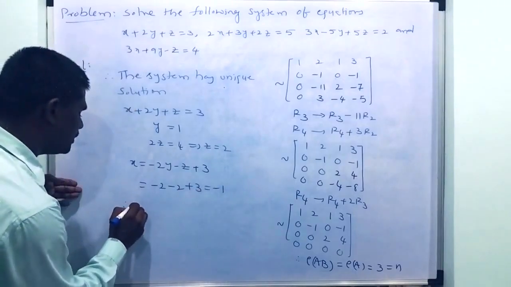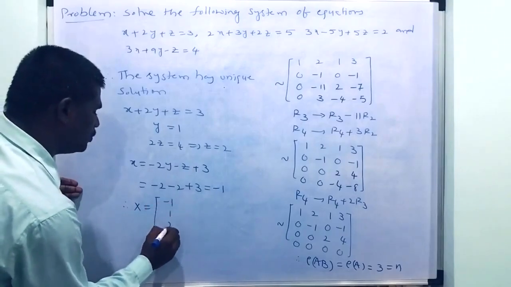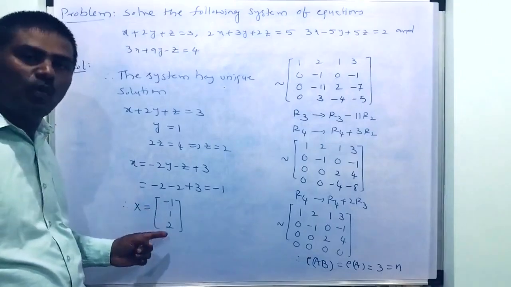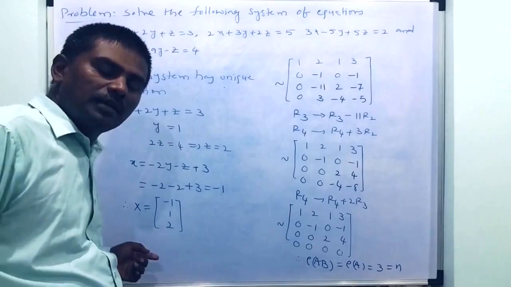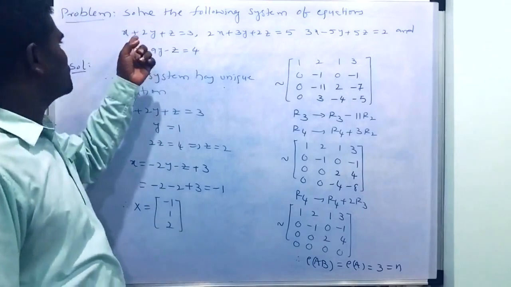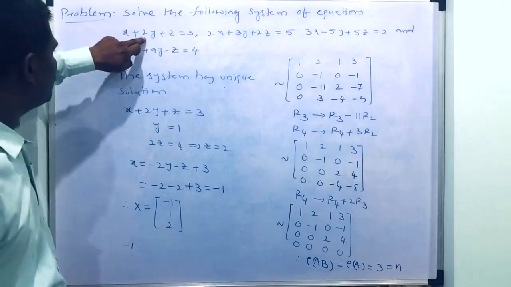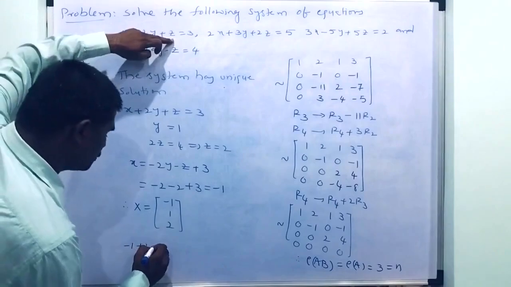Therefore, the solution X is equal to (-1, 1, 2). Therefore, the solution of the given system is (-1, 1, 2). To verify whether it is the correct solution, let us substitute these values in the first equation. The x value is -1, the y value is 1 plus 2, and the z value is also 2 plus 2